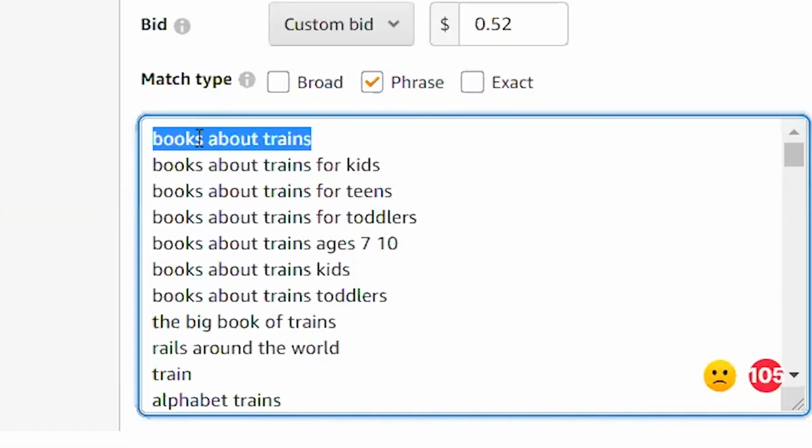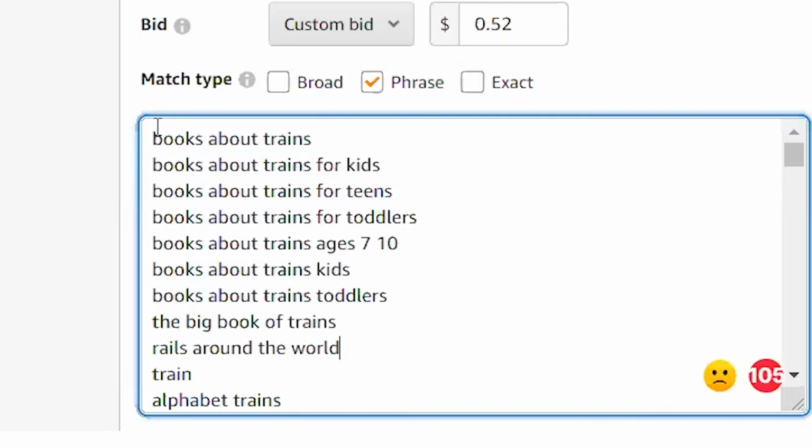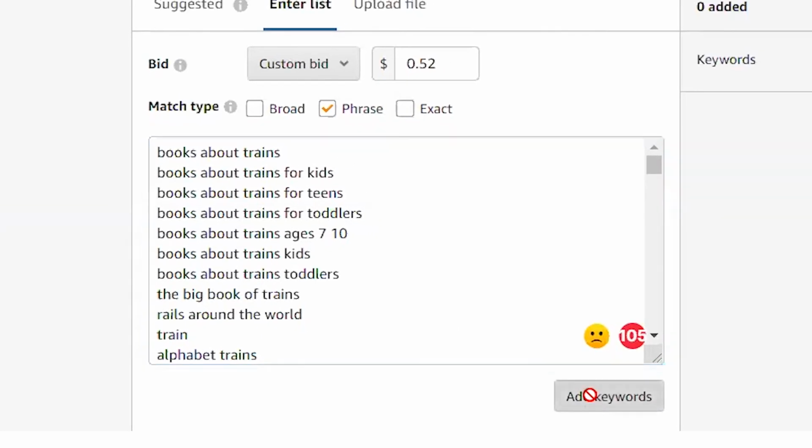If I say "books about trains" exact, then I'm saying if it's not an exact match for this phrase that I'm using here, then don't serve me up for it. Only those that match exactly. In a situation like this where I've gotten some keyword phrases that relate to trains, I would check off phrase. I make sure that I've got the custom bid, and then I click add keywords.